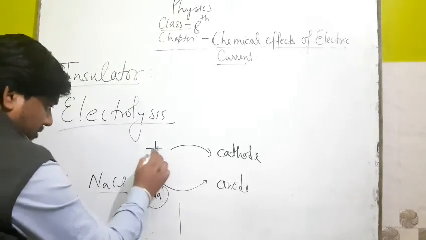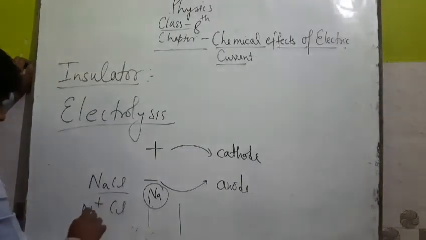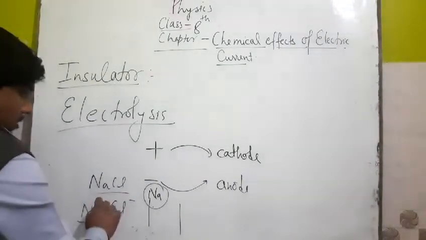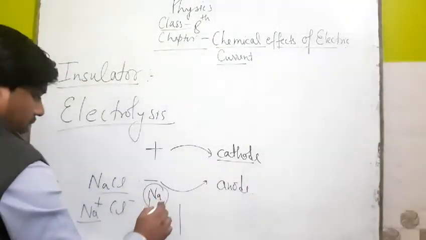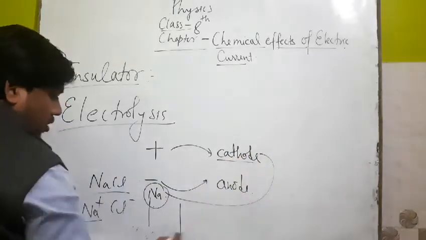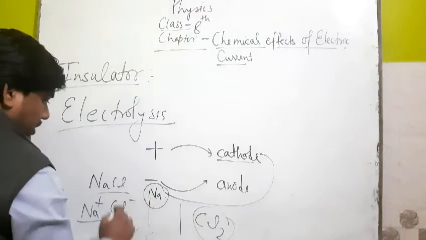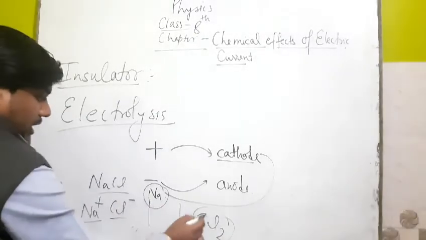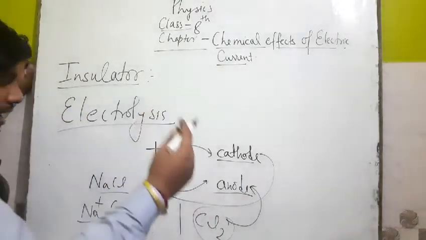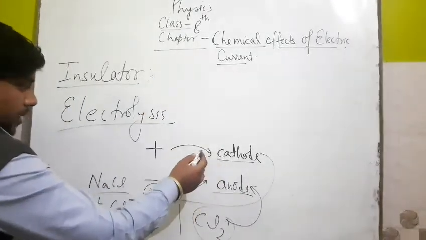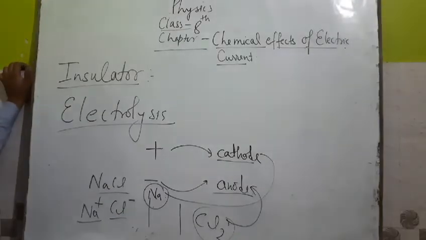मीन्स जो सोडियम है वो कहाँ मिलेगा? कैथोड में, क्योंकि पॉजिटिव चार्ज होता है सोडियम. जब ये ब्रेक होगा तो Na प्लस और Cl माइनस में ब्रेक होगा. तो Na प्लस किधर रिड्यूस हो रहा है? कैथोड पे. तो सोडियम मेटल कहाँ मिलेगा? कैथोड पे. और यहीं पे क्लोरीन गैस Cl2 गैस बनेगी जो नेगेटिव रहती है, Cl नेगेटिव होता है, तो ये ऑक्सीडाइज होगा एनोड पे. क्लोरीन गैस एनोड से निकलेगा और सोडियम मेटल कैथोड पे इकट्ठा हो जाएगा. ओके,